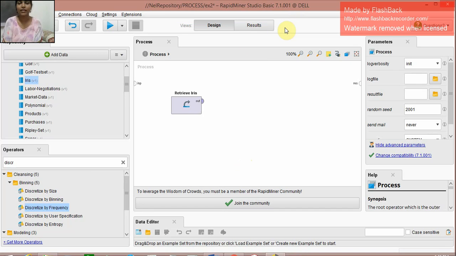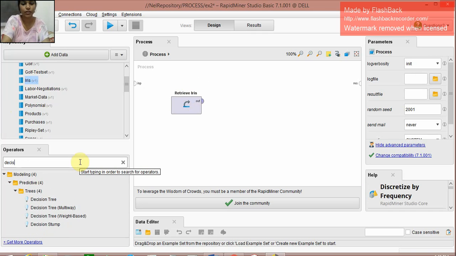Hello everyone, this is our second exercise, and the aim of our exercise is to use the given data set to build a decision tree based classification and to analyze the difference of outcome with or without pruning. So here we start up our new exercise with the help of a data set, iris, which is found in the samples. We take it, we drag and drop this data set over here,